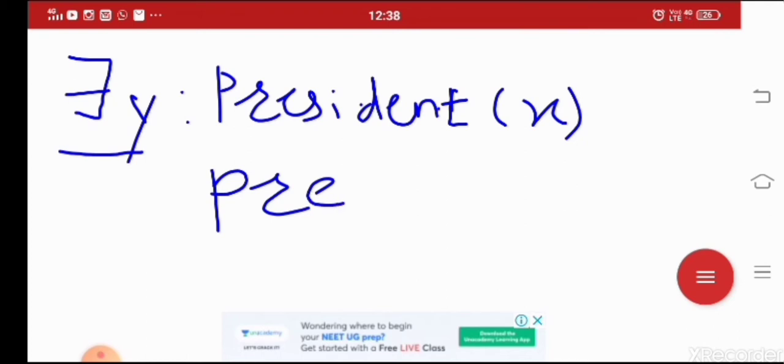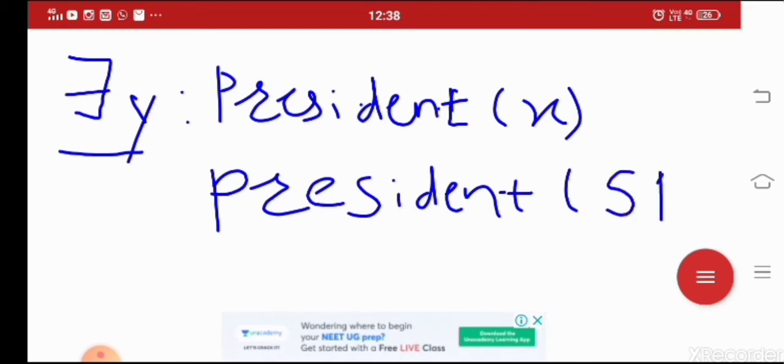After removing the existential quantifier, it will be written as the precedent in bracket s1. I had taken s1. You can use any kind of variable as a Skolemization constant. Here I have s1 as my Skolemization constant to remove the existential quantifier.